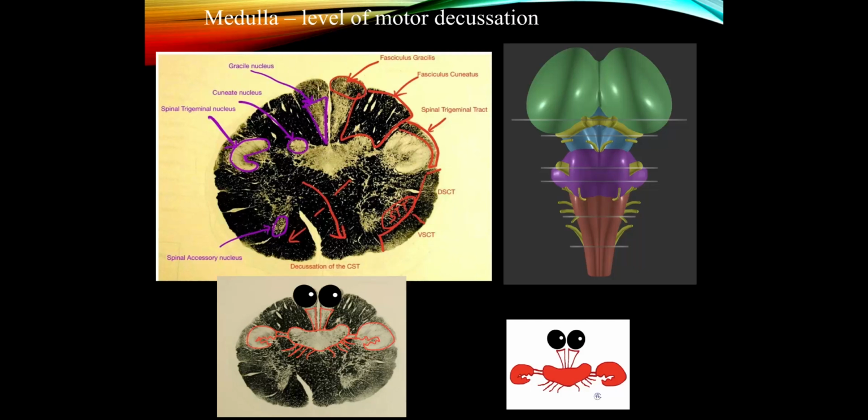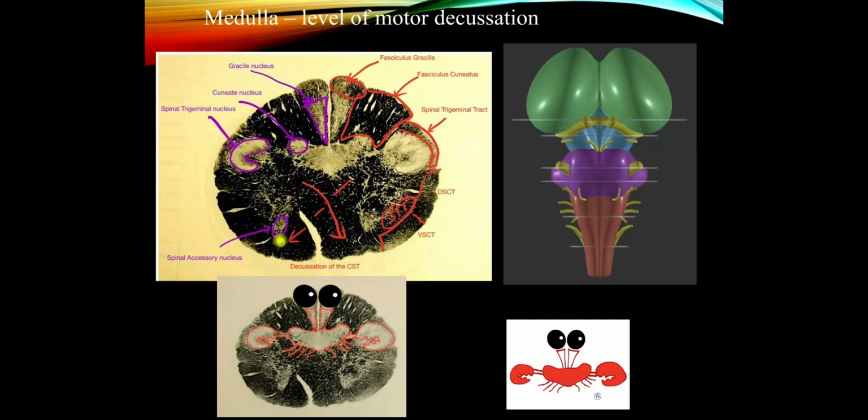In the next slide, we're going to see how, after these fibers have synapsed in the nucleus gracilis, and we'll see the nucleus cuneatus in the next slide, how these then cross over. But at this point they haven't crossed yet, so a lesion here would still result in ipsilateral loss of vibration and proprioception. Now in this area in the spinal cord, we were talking about anterior horn cells here in the